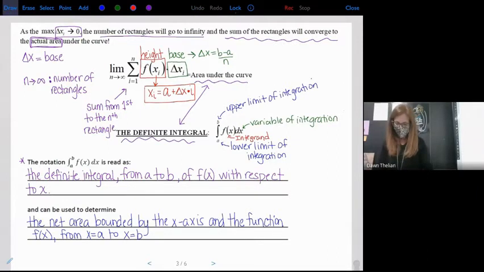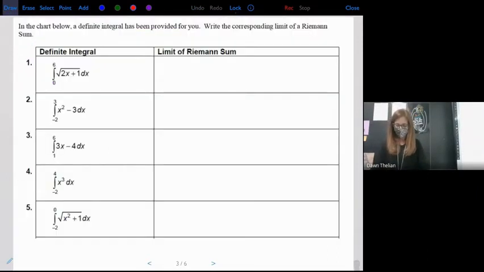So in the chart below, we have a definite integral that's been provided for you. We want to write the corresponding limit of a Riemann sum. So we want to write the limit as n goes to infinity. This is the same for all of them. The limit as n goes to infinity,